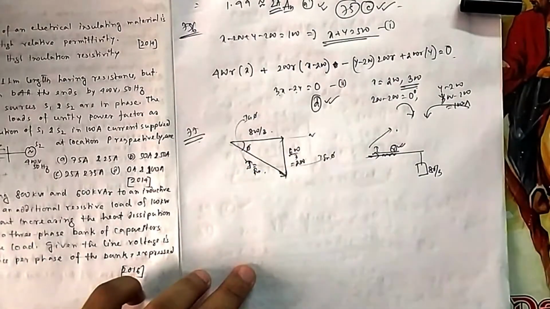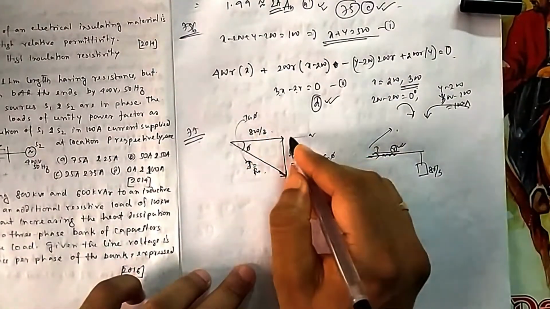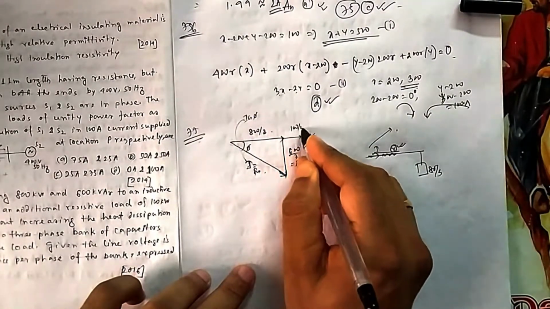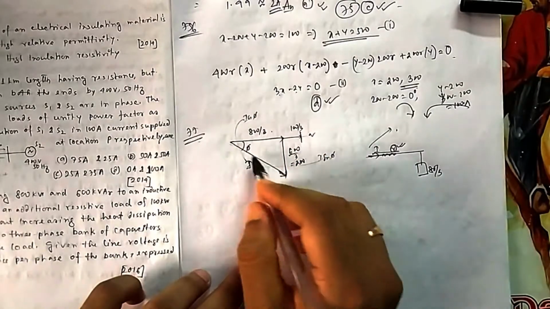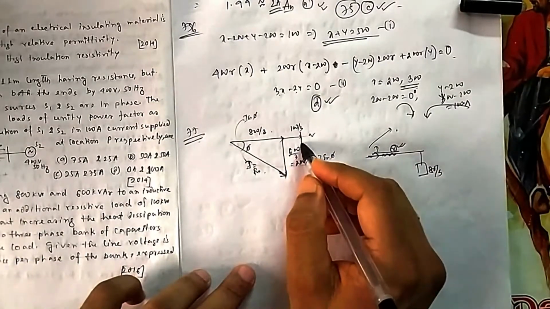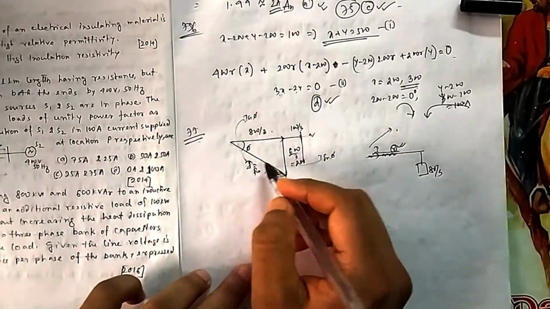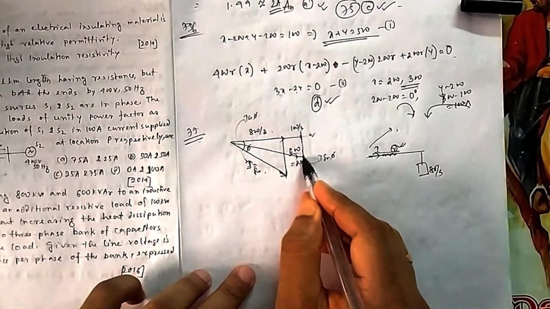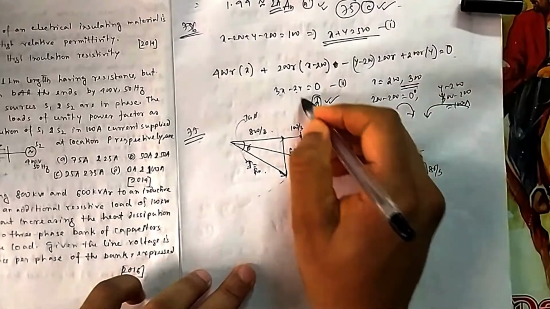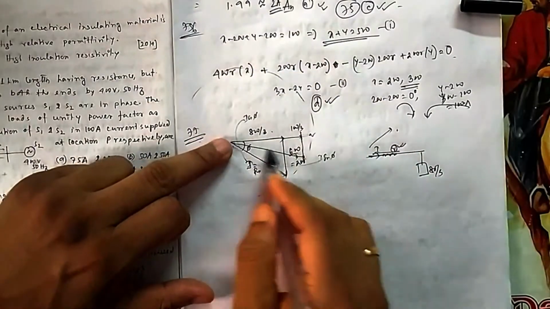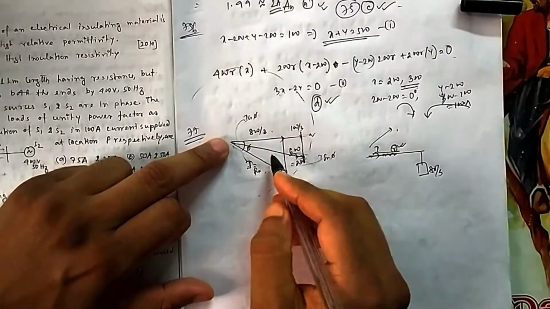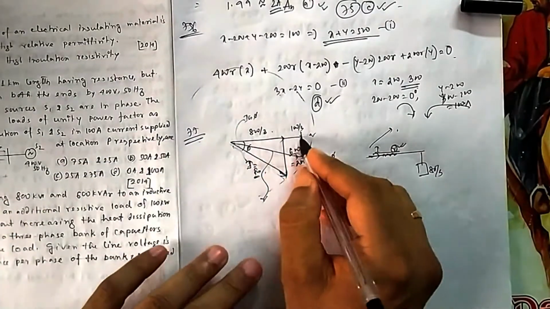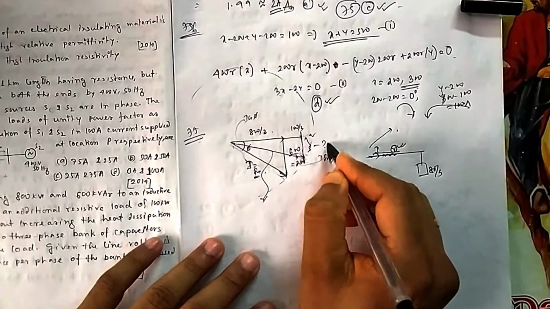Okay, so I is fixed. But you want to take an additional load of 100 per phase, then it will go to 100 by 3. Suppose this is what you want to take, but you can't increase this one. So what you can do is improve this power factor. Suppose you see this is a circle of this fashion, so this length and this length are equal, whatever length it is, this length is the same, and this is 100 by 3. We have to calculate how much it is.